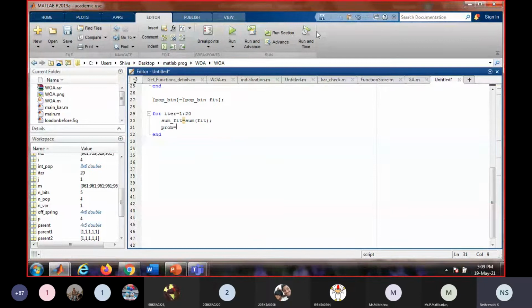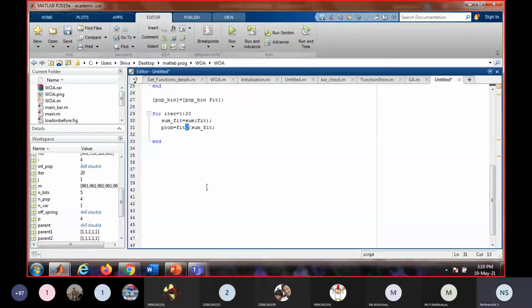Then we have to find the probability. Probability is each fitness value divided by the sum, right? And how do I do each fitness value? That is by placing a dot over here. So this fit is an array, right?